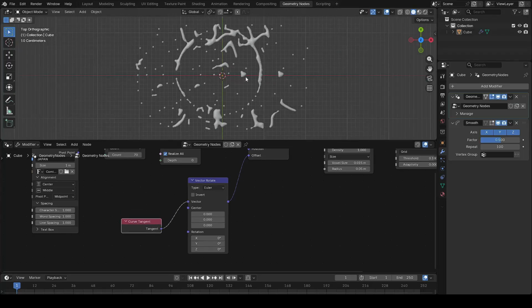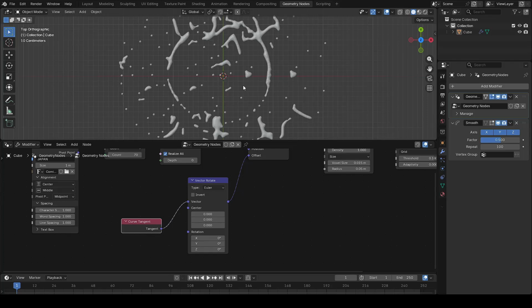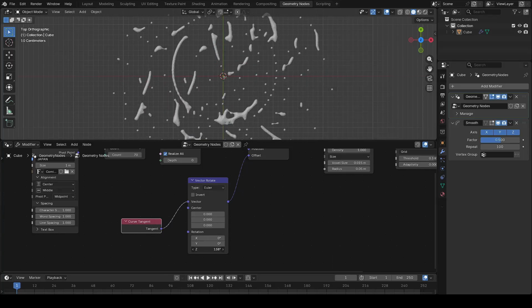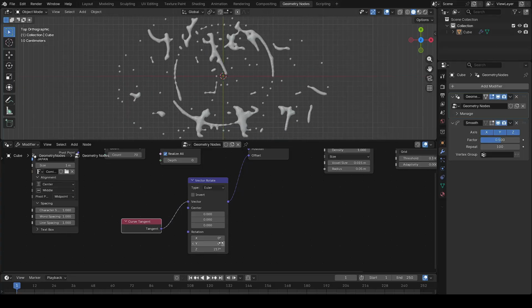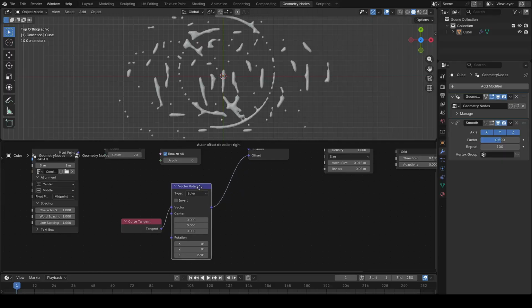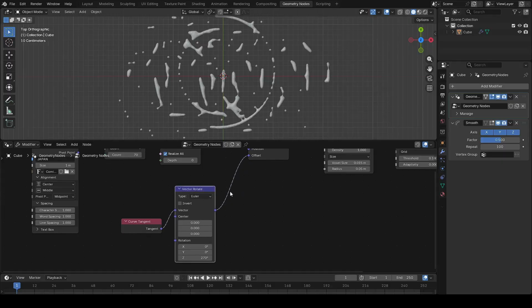And you can see in the viewport the text mesh has been converted into a kind of a splatter. Here we have to change the value of z. Let's make it 270, and let's also add scale vector,